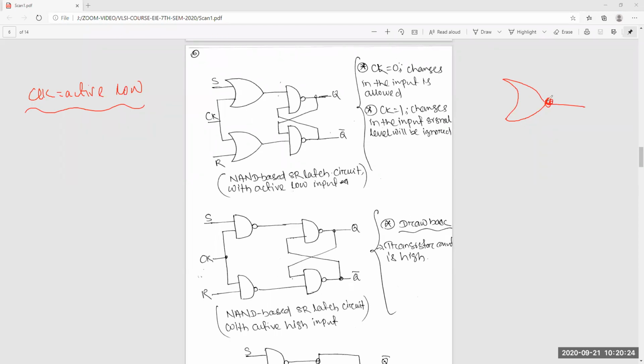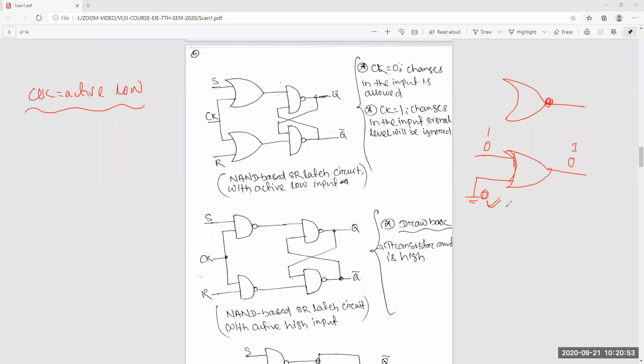For an OR gate, if any one input is 0, then whatever the other input is will come through. If it is 0, it will be 0. If it is 1, it will be 1. So for an OR gate, the enable signal is 0.